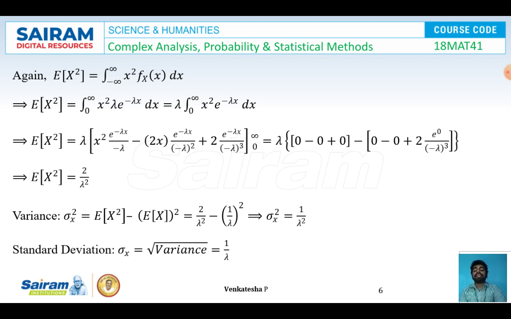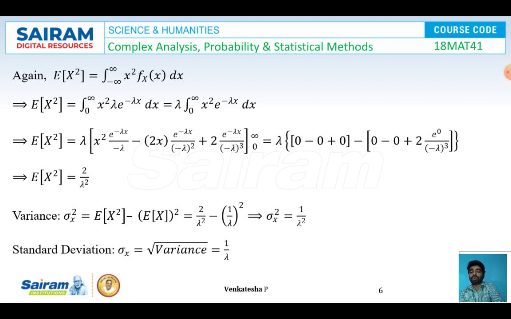the upper limit, the complete term will become in the form of e power minus infinity, and we know that e power minus infinity is 0. I got the upper limit completely 0. Now by replacing lower limit in the first two terms we have x terms. So after replacing x equal to 0, the term will become 0, and this term will become 2 times of e power 0 by minus lambda cube, and expanding this I got expectation of x square is equal to